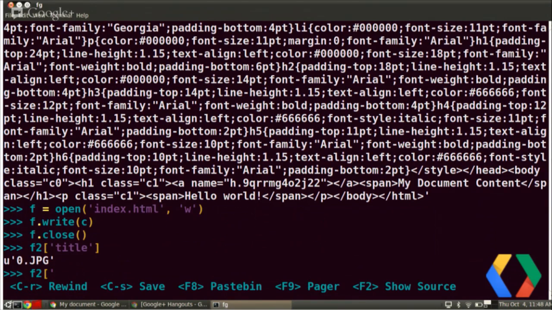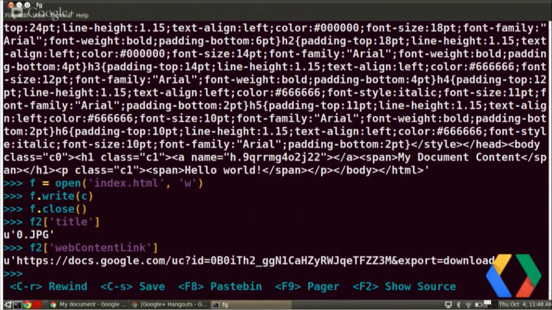Okay. So let's have a look how we're going to use that. So again, we're going to use our image. Let's just check that it's the right one. Yep, 0.jpg. And in there, you will see that there's an attribute called the web content link. Okay, so that's just another attribute there, and if we set that to that,